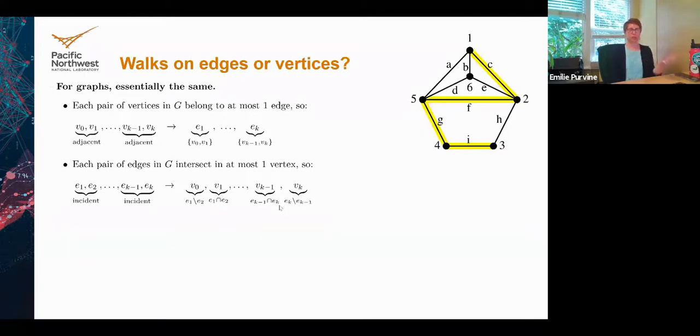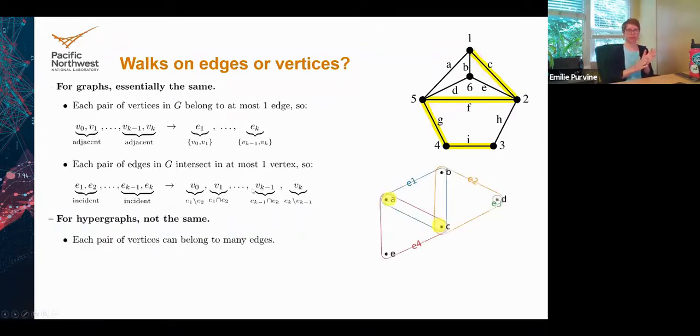If I give you a sequence of vertices, you could return to me a sequence of edges that correspond to that sequence of vertices, because every pair of vertices, as long as you're in a simple graph, belong to at most one edge. And even if you're not in a simple graph, the edges that you could belong to are going to be basically the same edge. Similarly, if you hand me a sequence of edges, I could give you back a unique sequence of vertices that correspond to that same walk. And so they're really one-to-one, vertex walks and edge walks.